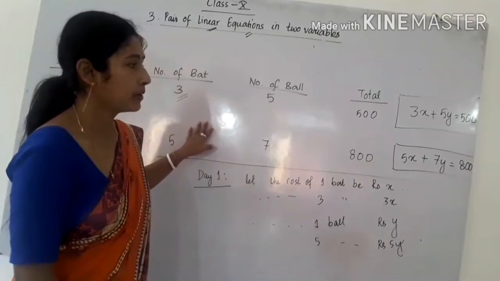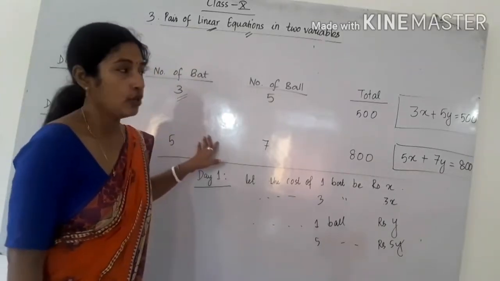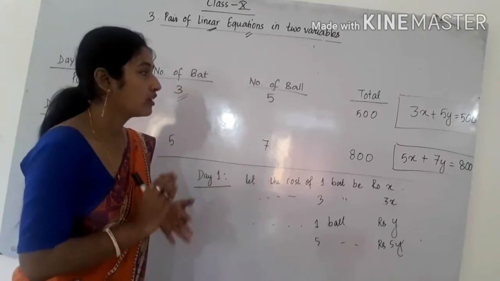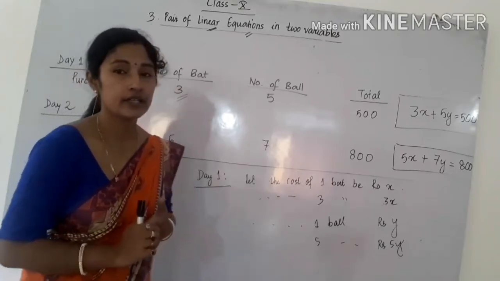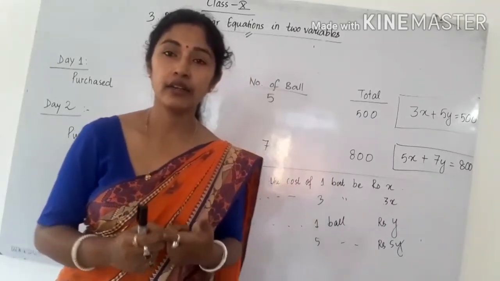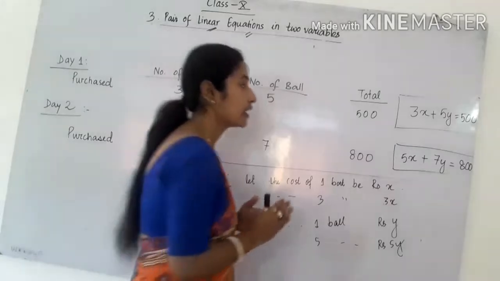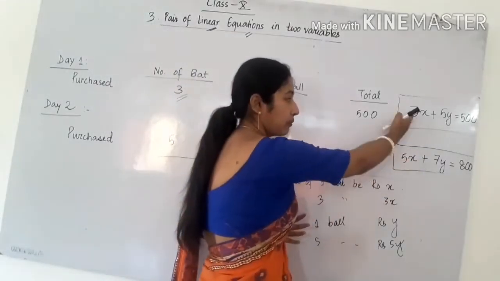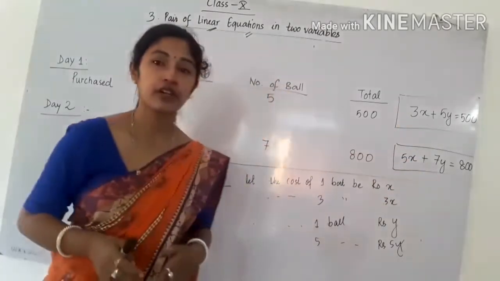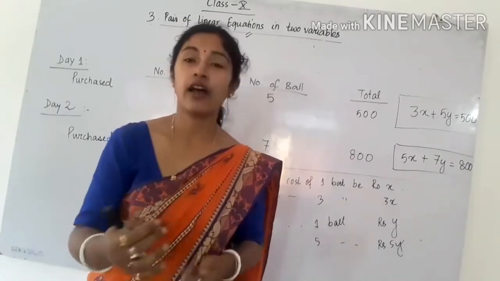So this is one simple example I have taken. Now one question I will do from the book. By seeing the condition, you have to do two things. First, you have to write it in algebraic form. So what is algebraic form? This is called the algebraic form. You have to write algebraically first, then you have to represent it in a graph.